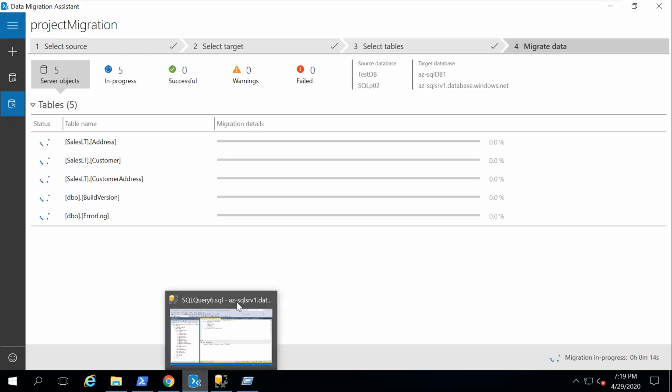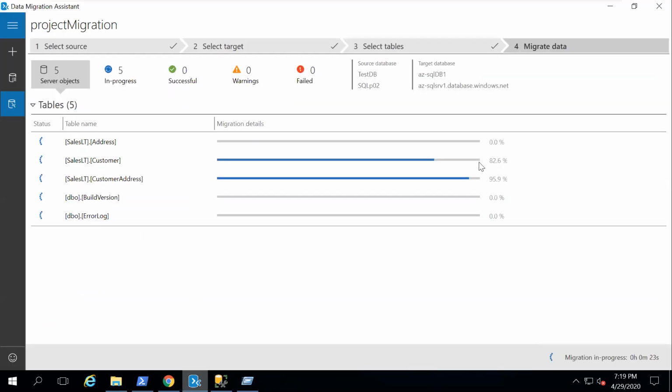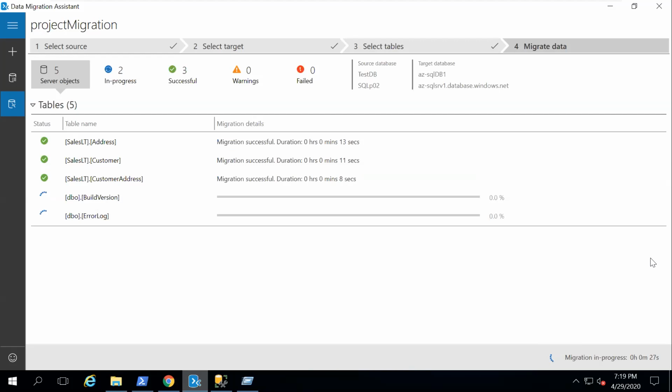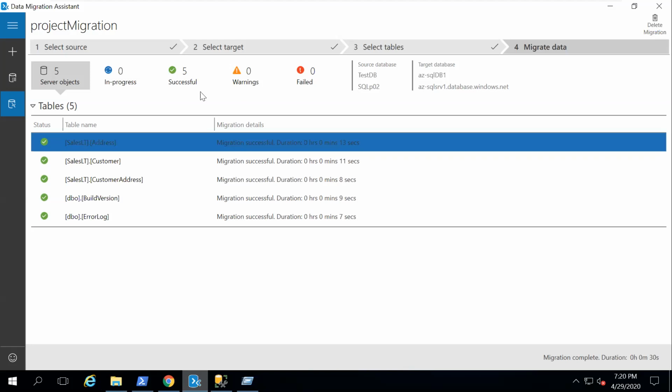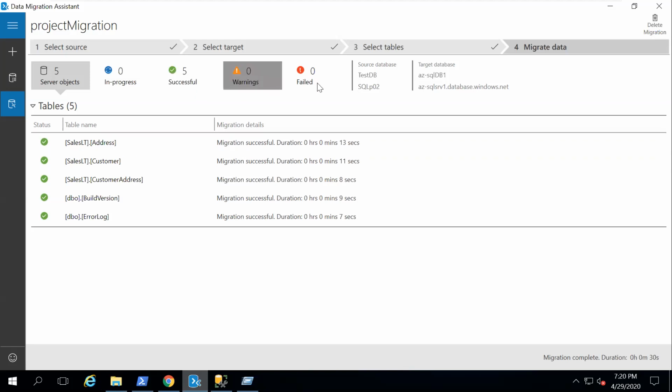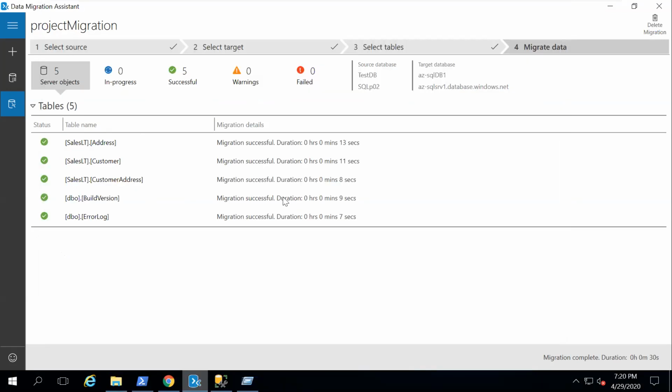Okay, let's see on our end. I just executed the database schema, but it is still not going right. This is what we can see in the portal, and it is simply doing all the migration schema deployment. See here the migration process. Though my network bandwidth is bad, it still takes very little time, 30 seconds. Some things are still in progress, with successful, warning, and zero failures here.